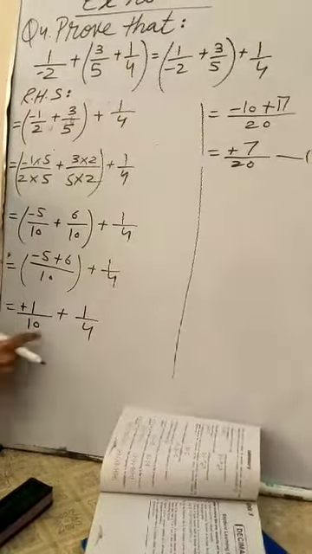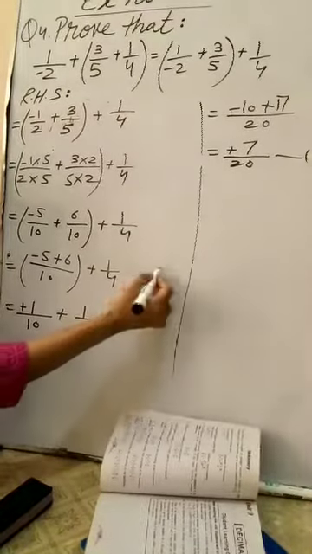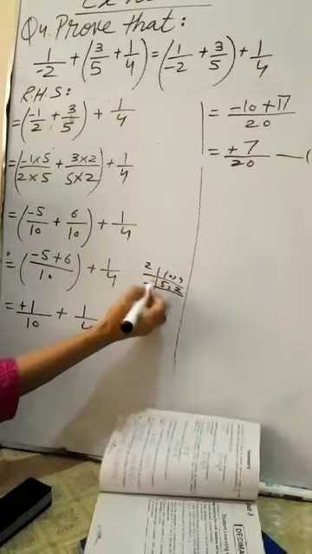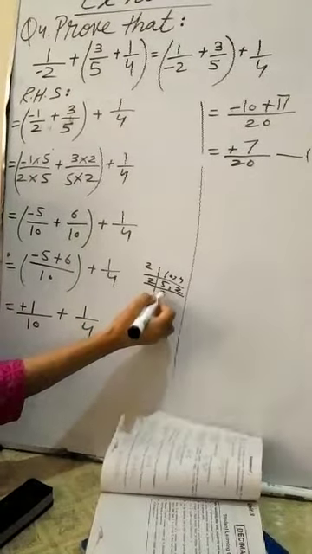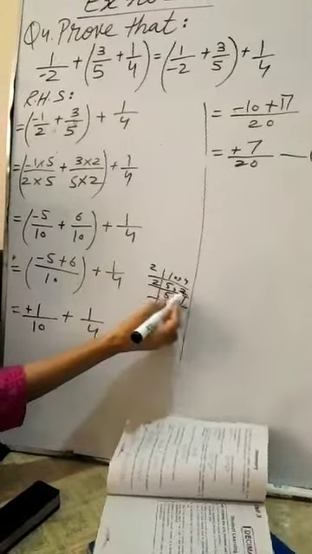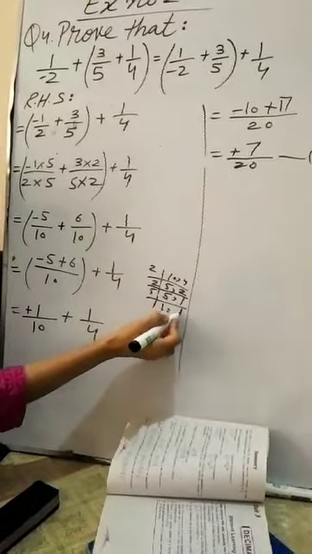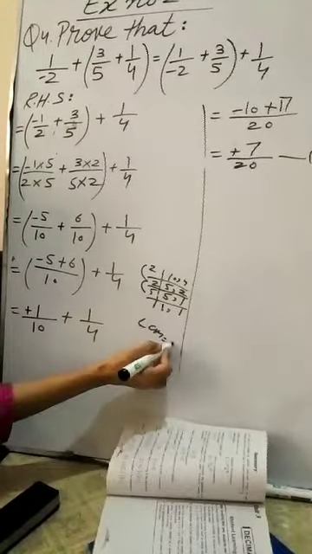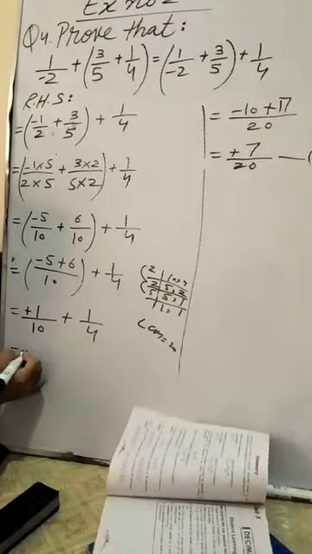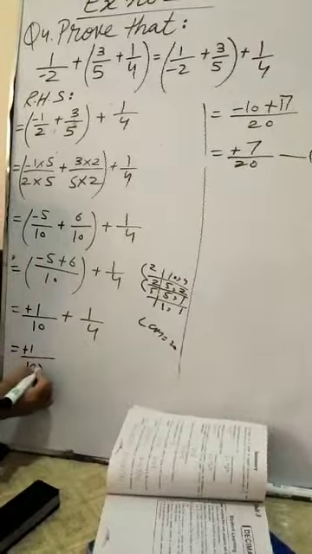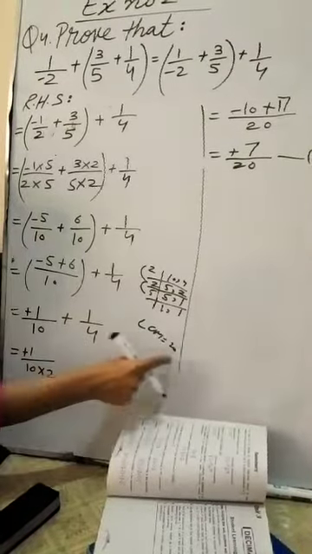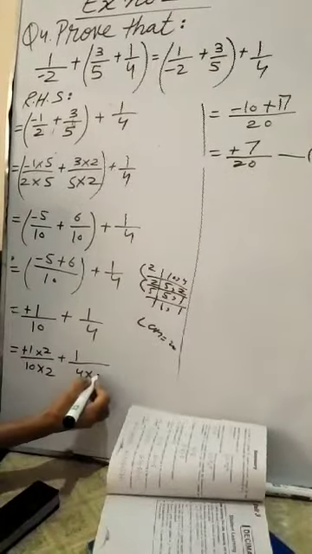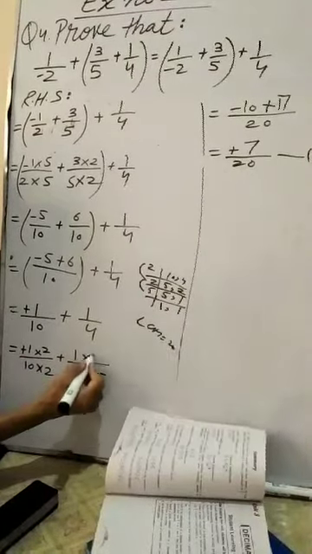Now again see, LCMs are not the same. Take the common LCM, 10 and 4. 2, 5 times 10 and 2 times 4. 5 is not possible. 2, 5, 1 times 5. 2, 1 times 2 and 5, 1 times 5 and 5, 1 times 5. 2 times 2, 4, 4, 5 times 20. LCM is 20. So you need to multiply your values. 10 multiplied by 2 is 20. Multiply in the numerator. Then we have 4 multiplied by 5 is 20. Multiply in the numerator.